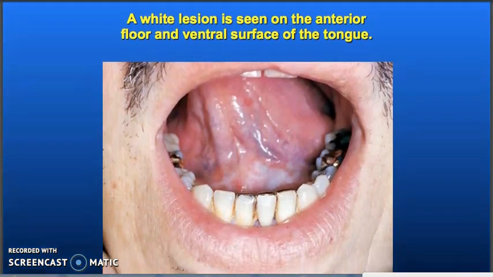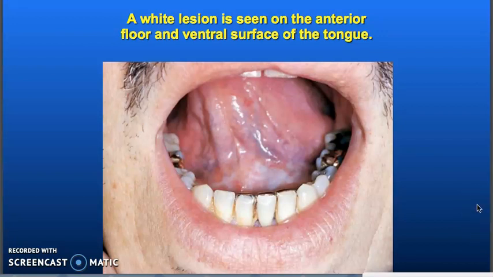So here's an example of a white lesion. It's seen on the anterior floor and the ventral surface of the tongue. Now let me show you. You may say, well, I don't really see anything all that suspicious, but for a dentist looking at the tissue,